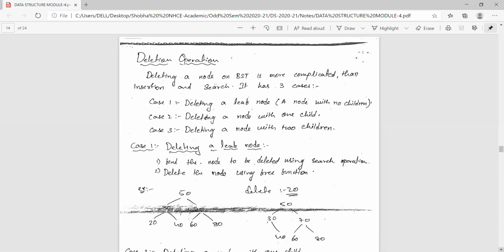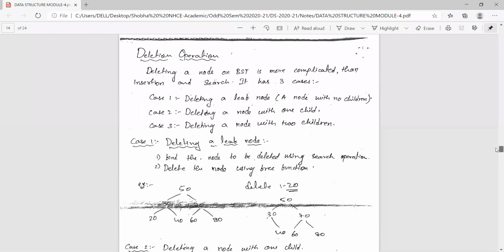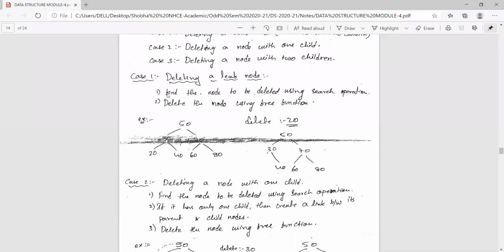Okay, so the three cases we will discuss first, then we will see the program of how it is to be done. In case one, if I want to delete, first using the search operation, I'll find the node to be deleted. We have seen how the search operation happens. And then delete the node using the free function. Very simple and clear. Using search operation, if I want to delete 20, I'll compare.